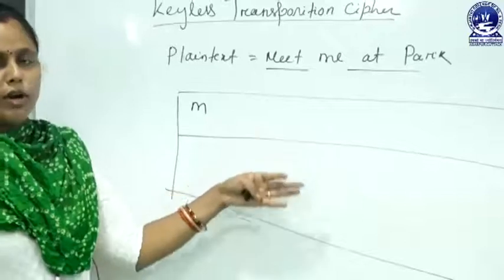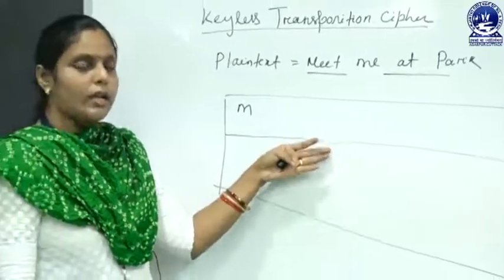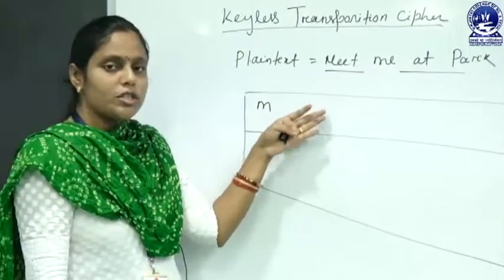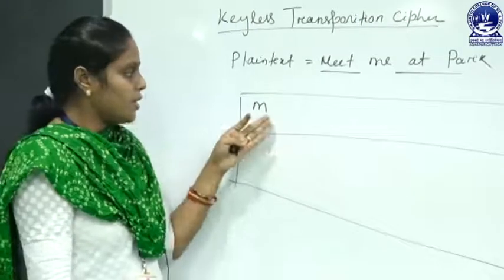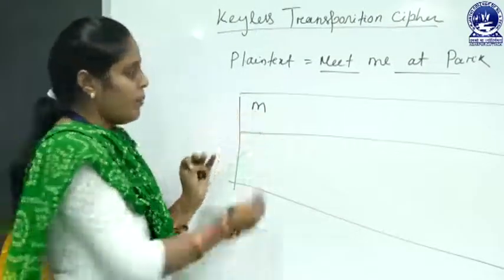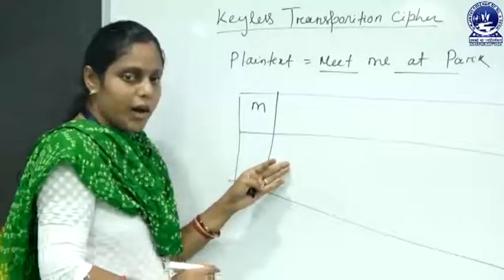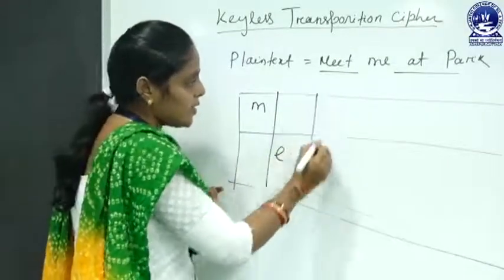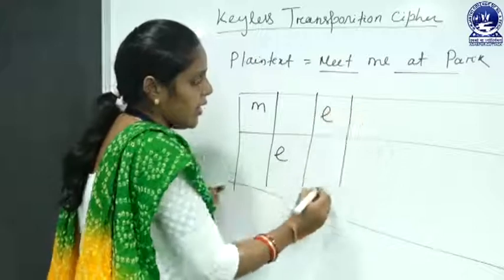Here the table contains 2 rows, and when you write the plain text, you must follow the zigzag rule. First you write M, then E, then E, then T,